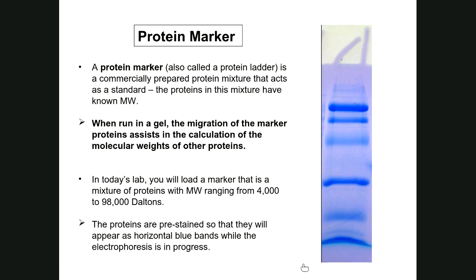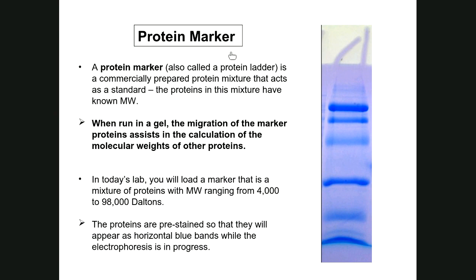You would also be given what we call a protein marker so you can create a standard curve. So you end up creating a second standard curve. Total for the semester, there are 3 standard curves you end up creating. You did one for BSA, bovine serum albumin protein standard curve, and this time you're going to be doing another standard curve, but you won't do it till lab 8, and you're going to be using the protein marker to help you create this standard